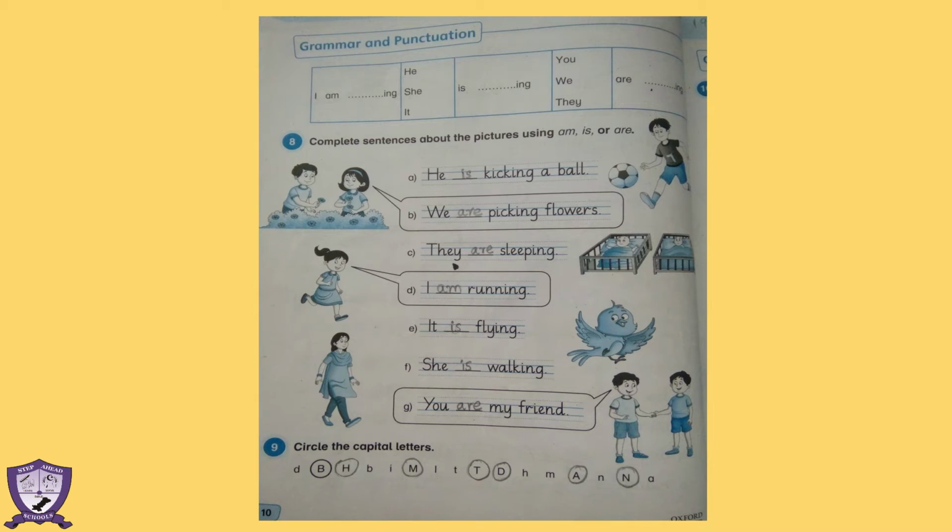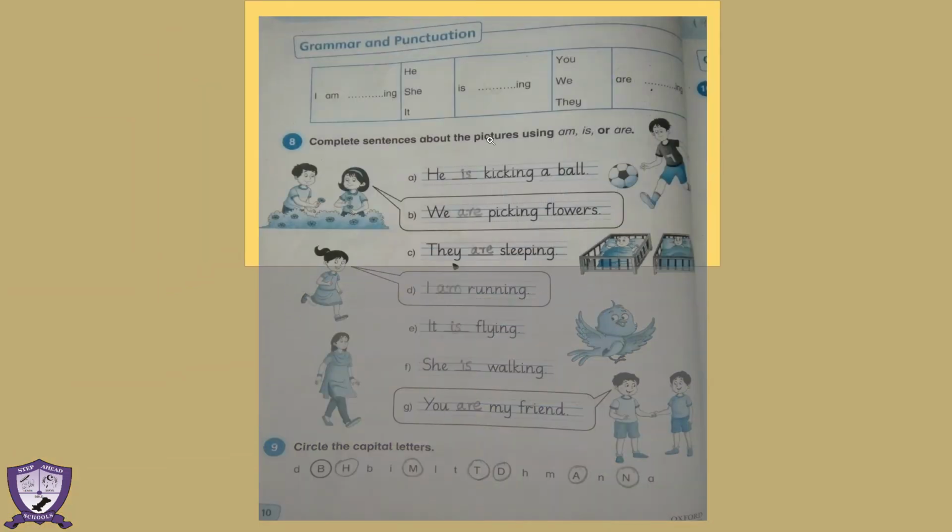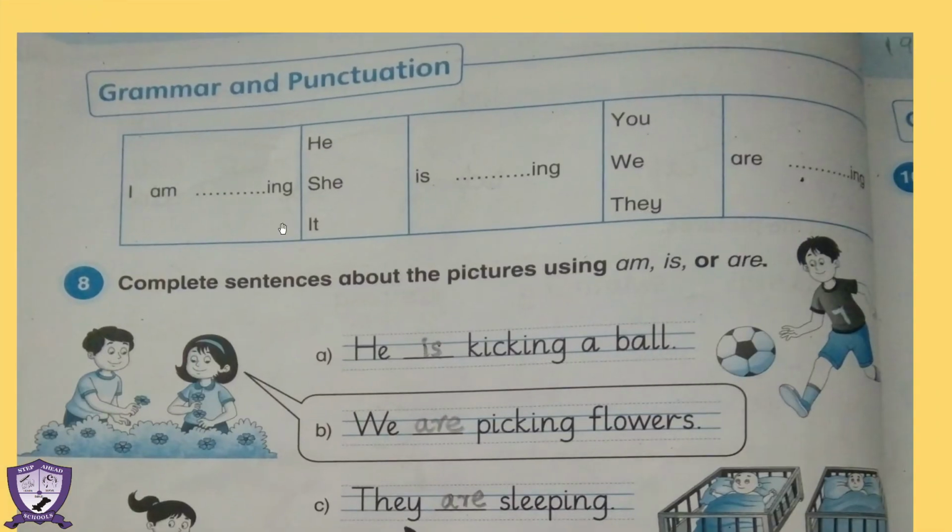After you have written the date, classwork and day, let's try to learn is, are and am. Today the topic is grammar. Read these sentences. I am ___ing. Whenever there is an I, am comes after I. In such kind of sentences in which any verb is to be done, any work is to be done.